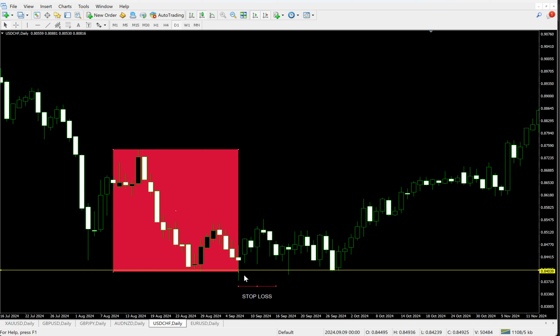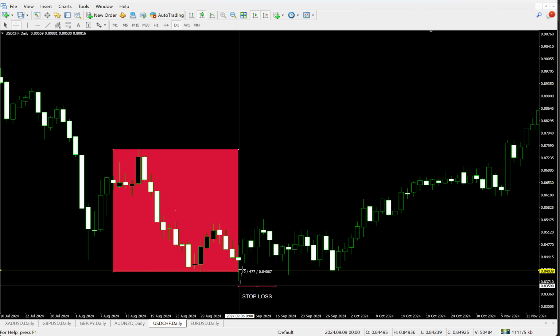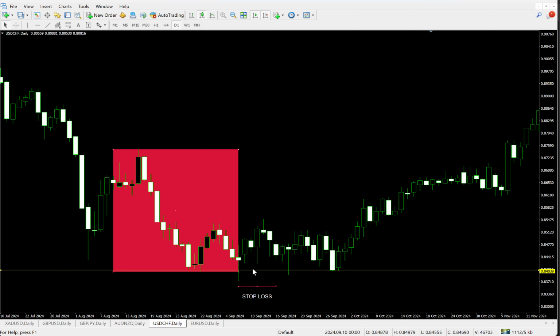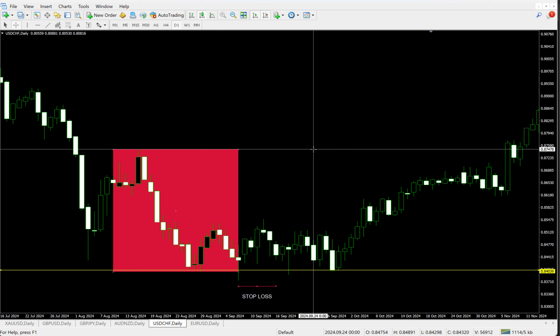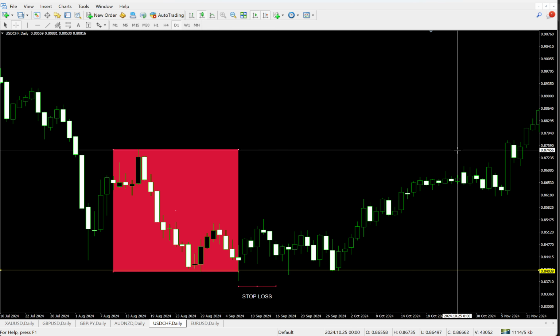Then once the order is activated, we place our stop loss slightly above the wick of this signal candle. As you can see here, the stop loss is around 47 pips, and we wait how this situation will develop, and we fix the profit on the opposite side of the box, or we just can close